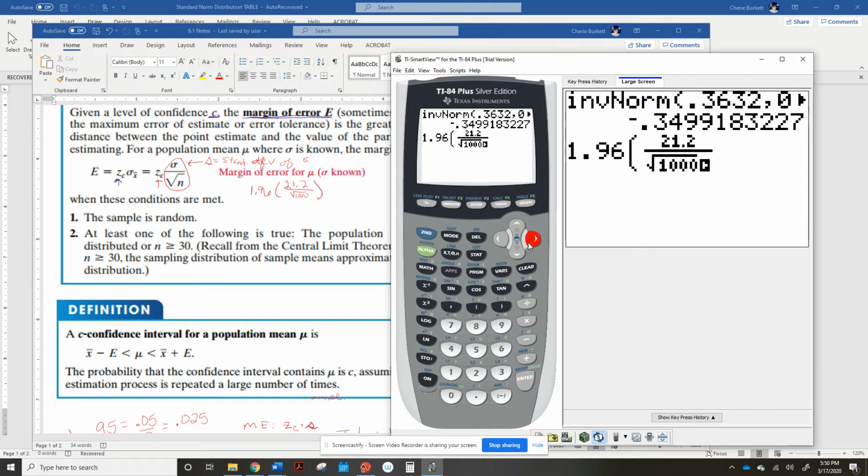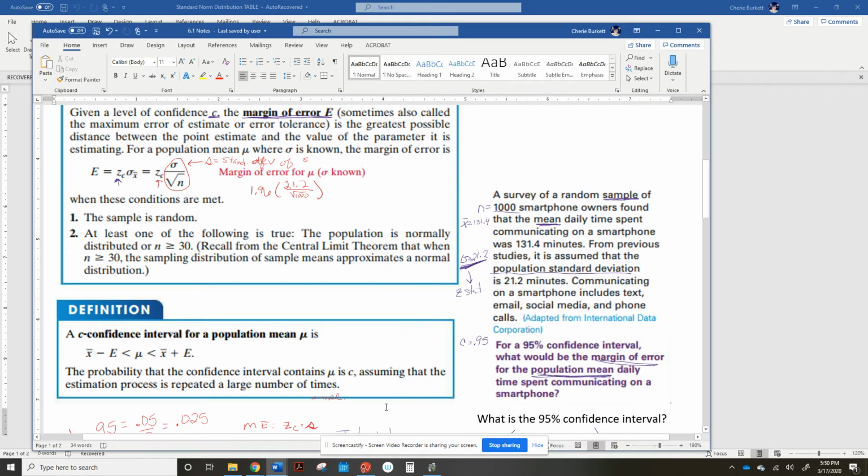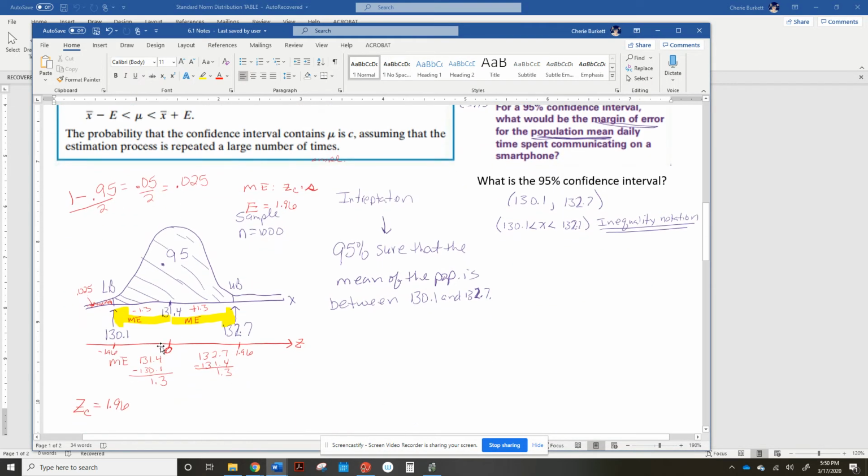You're tearing something up. Close the parentheses and press enter. And what did we get? 1.31. Aren't y'all excited? Because what did we say that it was a while ago? We said it was 1.3. So we calculated it the same way by using